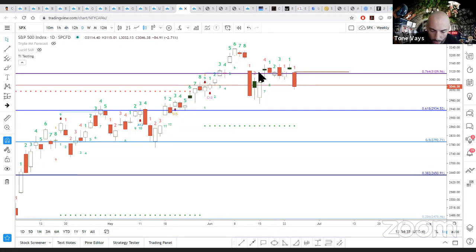And just because people were taking the opposite side of my trade when I was short doesn't mean that they were wrong. I could have gotten wrecked today, and this could have been in the opposite direction. In which case, well, I wouldn't have gotten wrecked, but I would have exited my trade very disappointingly. I was ready. That's it. Today was the day I was going to throw in the towel if we were going to have a green 2 above a green 1. So those that started to go long here at the bottom while I was still short, they were doing well. I hope they got out on their stop losses. I don't know.